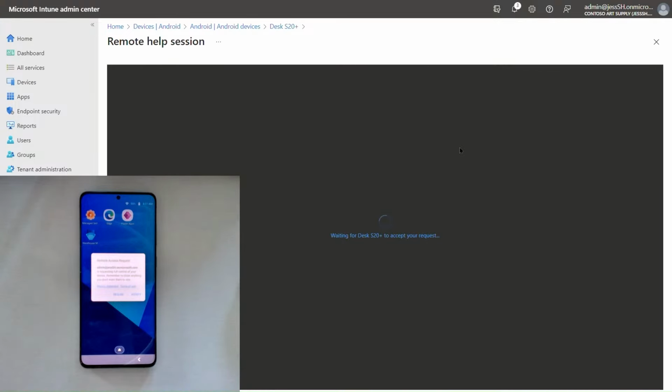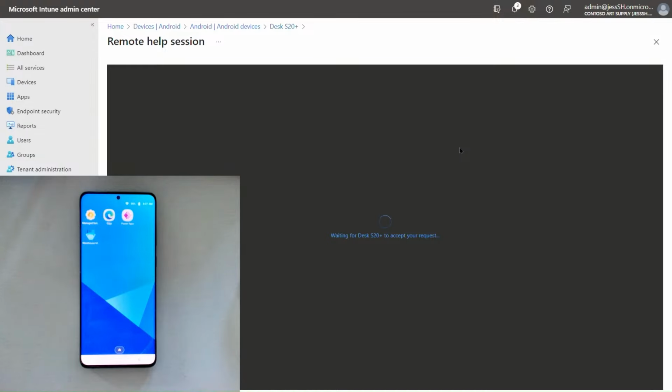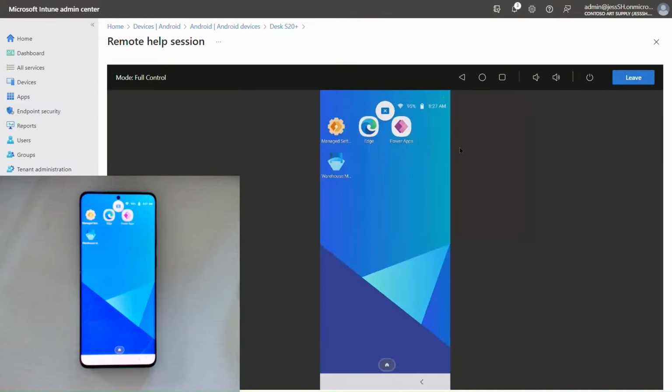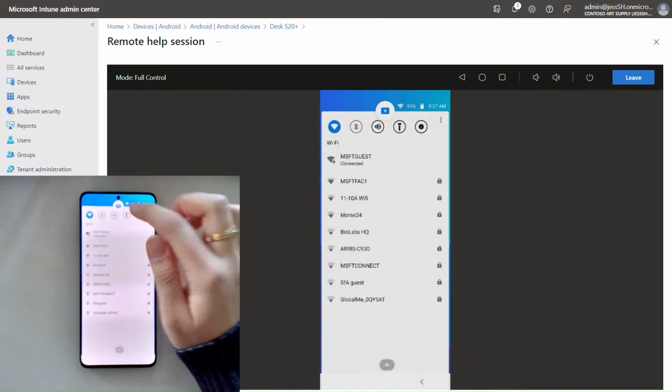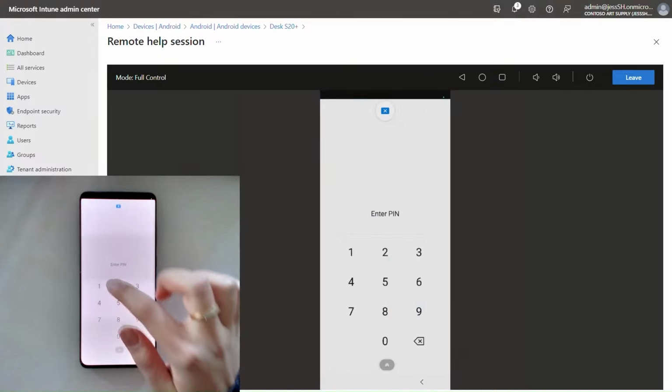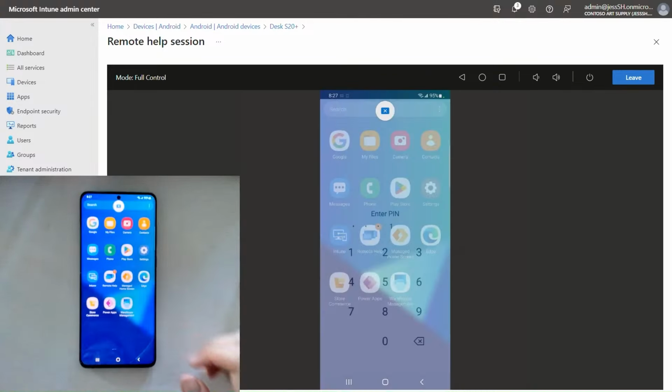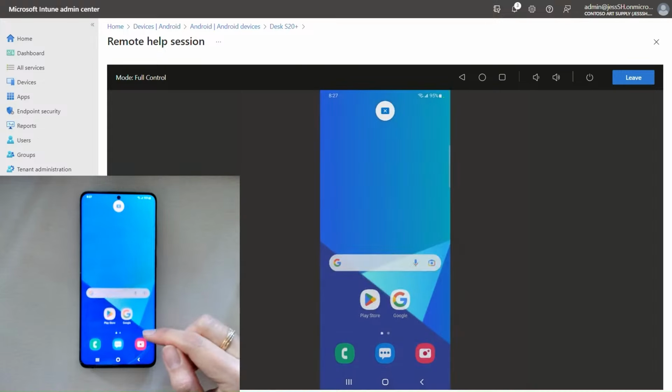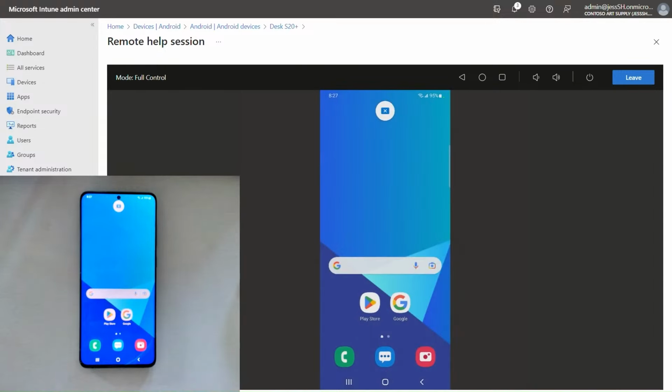Now the prompt is going to show up again on the device, and this time Katie is going to hit accept. And on the admin console, we can see now that we are connecting to the device. Now I'm just going to quit out of the Manage Home Screen kiosk really quickly to show you the different controls in the interface. Now on the top left here, it tells you which mode you're in, so screen sharing,